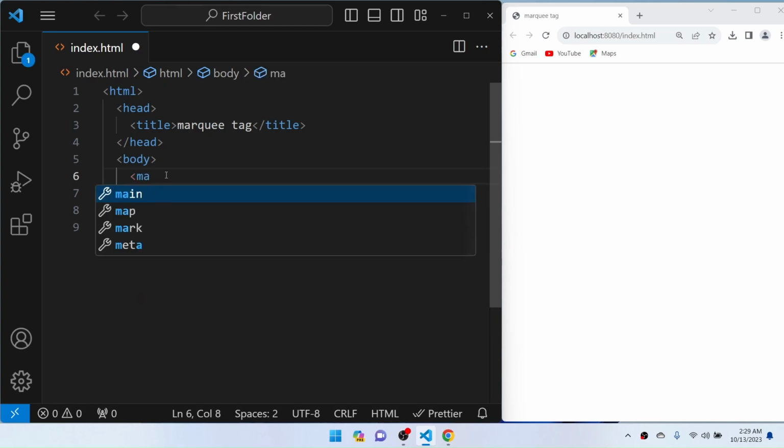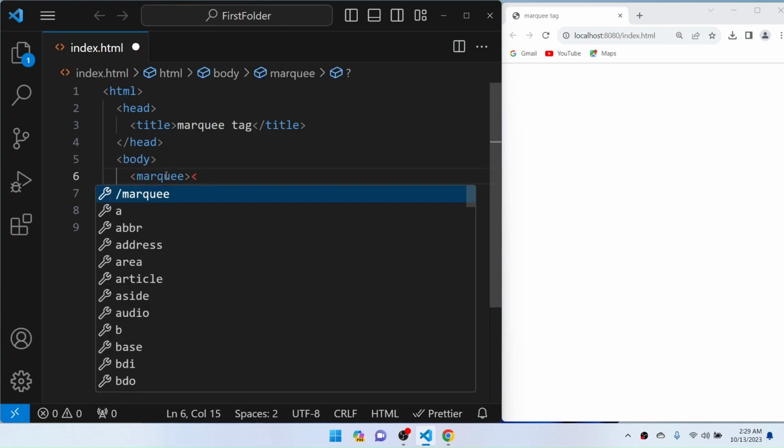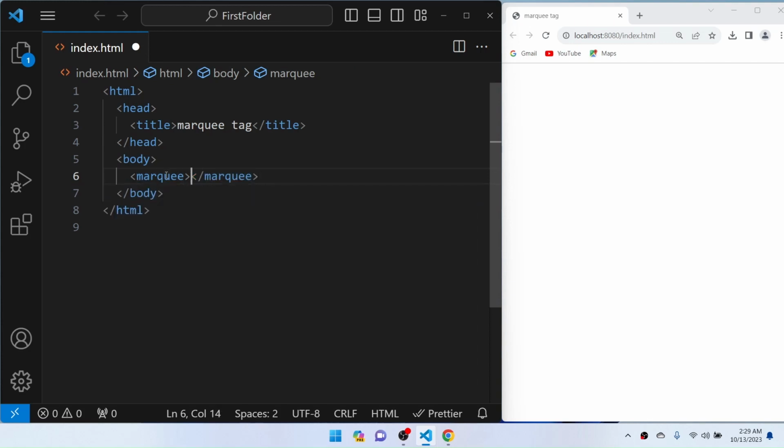Let's understand another cool tag in HTML, which is the marquee tag. So I'm gonna write opening marquee, then I'm gonna write closing marquee, and inside this tag I'm gonna write, let's say, Adil dev. If I save the file, it is a moving text which comes from the right and goes